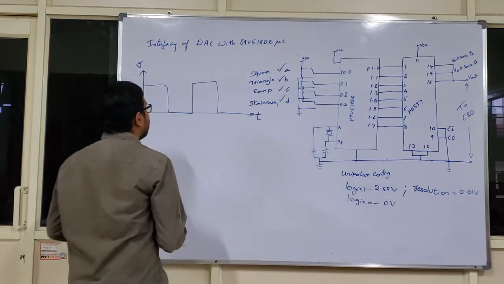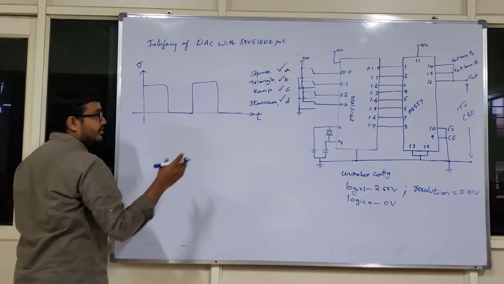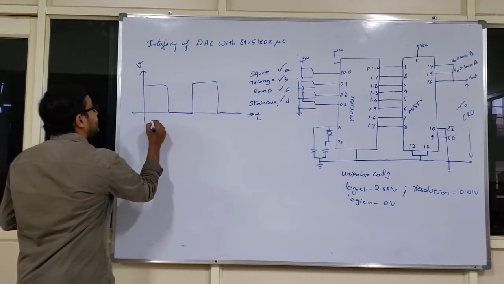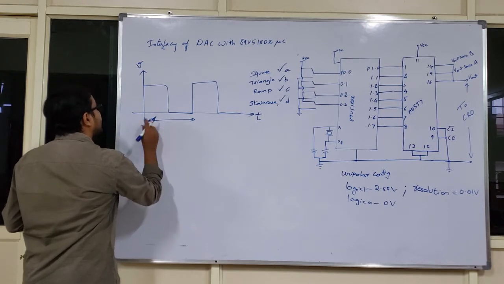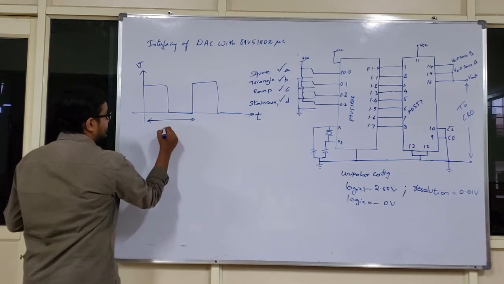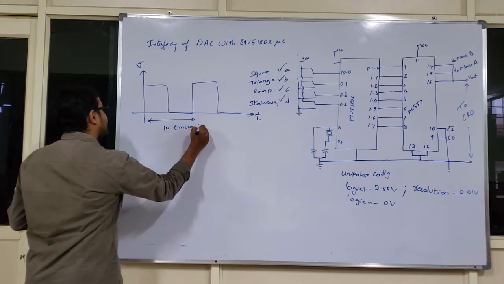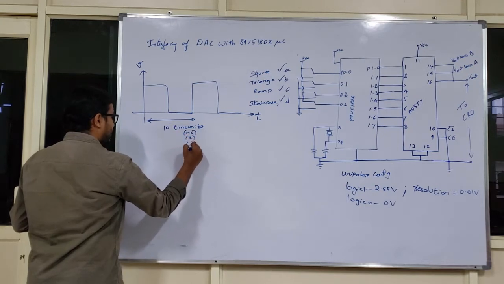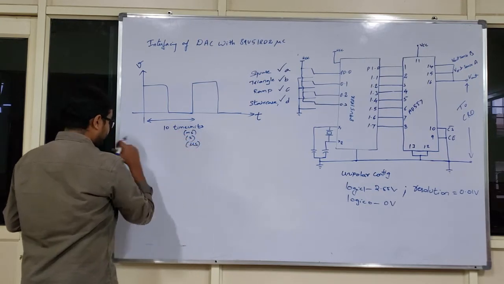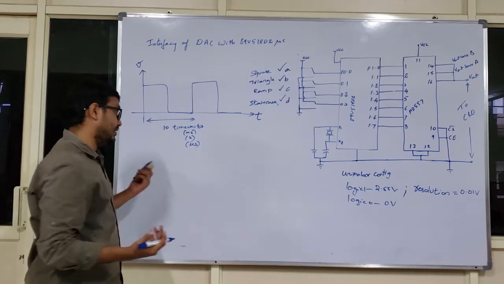Okay. Now this is my square pulse I need to obtain on the CRO, right? Let me assume the time period or the fundamental period of this square pulse is 10 time units. Here the time units may be a millisecond or seconds or microseconds or whatever it is. And I am assuming here the square wave has a 50% duty cycle.